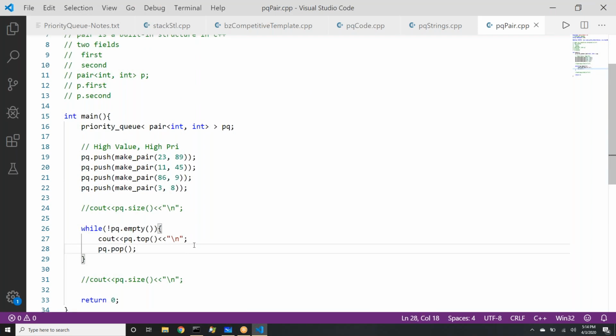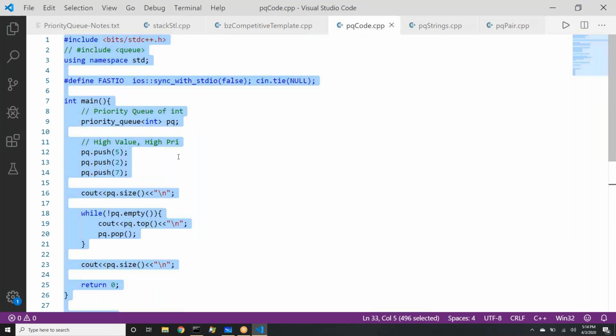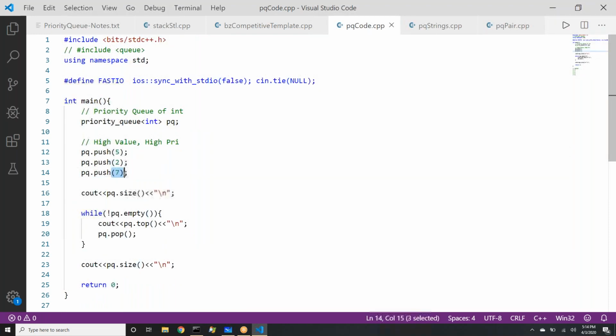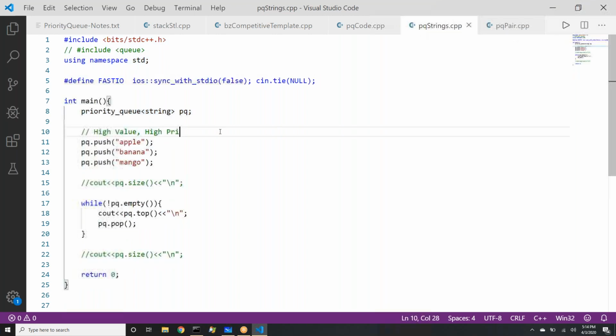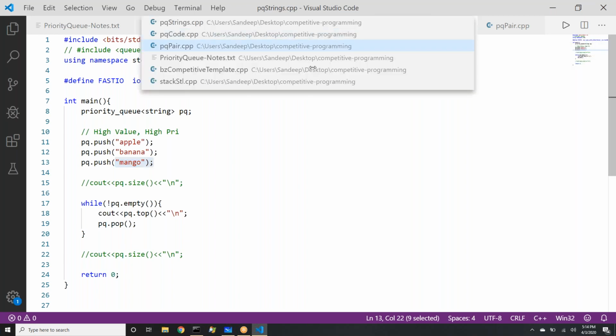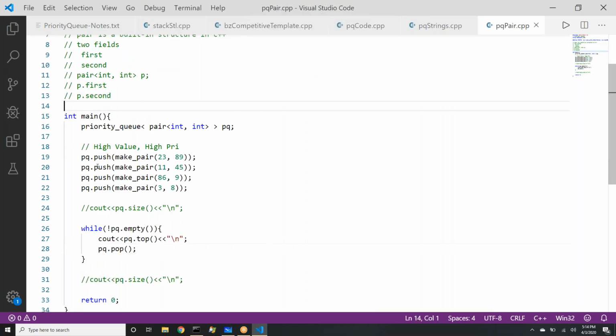We know the output of the previous two programs. We wrote the first integer program where we saw the highest value was coming out. In the second program that we wrote, we saw mango was coming out first, which was alphabetically greater. Now, if I ask you to guess, according to whatever we have learned, in which order will these things come out?